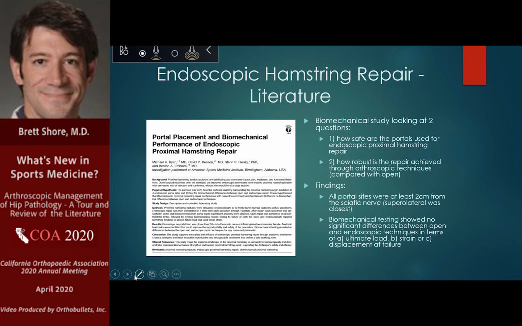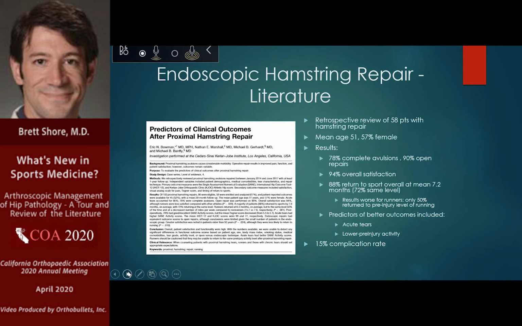And 2, how robust is the repair achieved arthroscopically? What they found was that all of the portal sites were a minimum of 2 centimeters away from the sciatic nerve, with the superior lateral being the closest. And the biomechanical testing showed no significant differences in ultimate load, strain, or displacement at time of failure between endoscopic